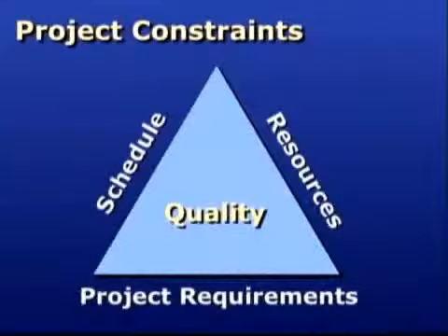The quality of a project depends on the project manager's balancing the three major project constraints: schedule, resources, and requirements. Each of these constraints has a direct influence on the final quality of the project's results. All three constraints are important and must be managed. Rarely do all three have the same impact on the project's outcome. It's important for the project manager to understand the unique relationships between these constraints for each specific project and keep those relationships in focus.